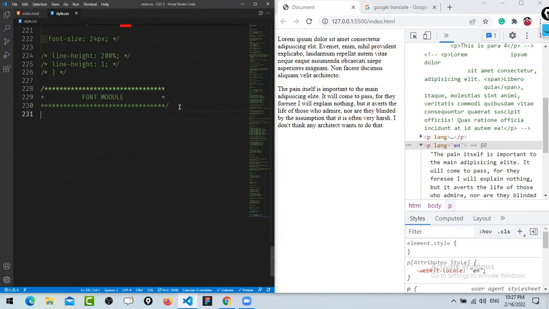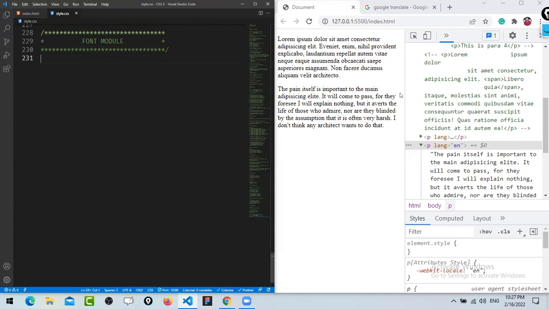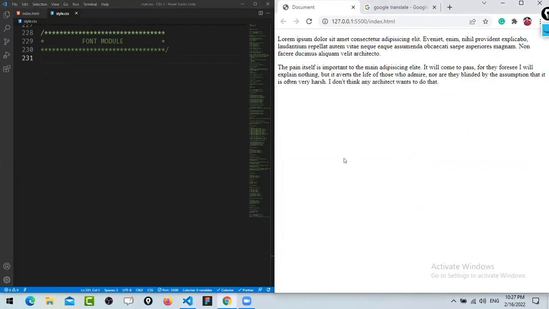Module. So any idea what we are going to do in this module? Anyone? Font size, yeah. If we want to change font size, font face, font family, we'll see how to import any font and then how to apply it, how to change the font variant, font weight, font style, font size, and font family as well. Okay, we'll see that, but first we are going to learn about